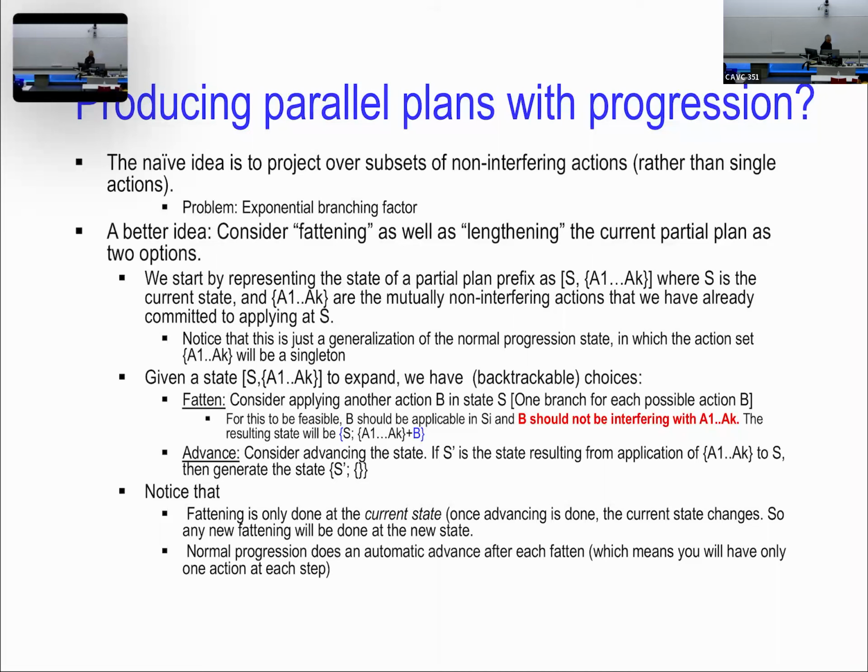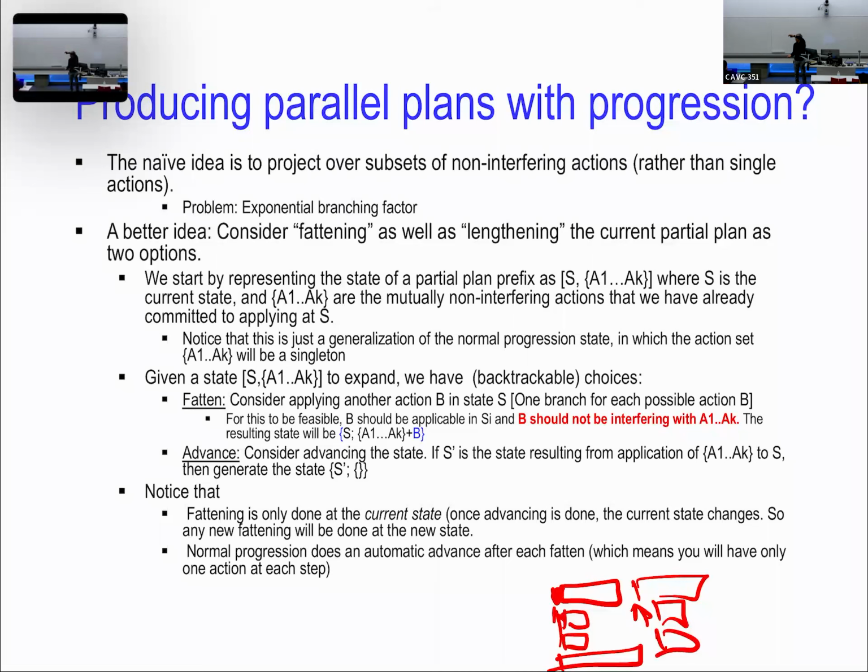But you can actually say, when I'm at this point, this is my start point, and I have an action here that I already put. I have two choices. One is, what is my next point where I'm putting the actions? I can keep the clock here and put more actions, and then suddenly I have concurrency. Or I can advance the clock and then start putting actions. You can think of not advancing the clock and putting new actions into the plan as a fattening operation. It fattens the plan,